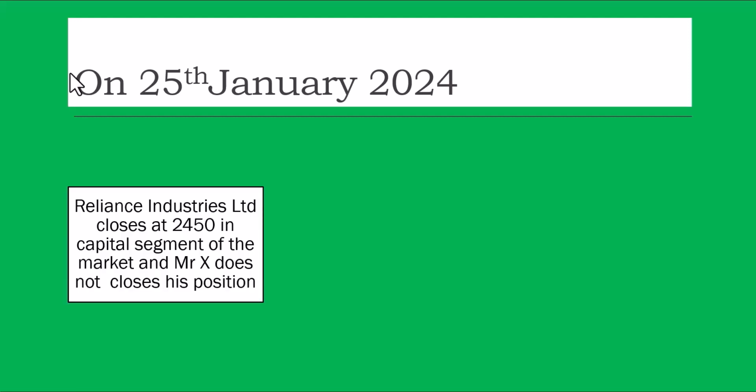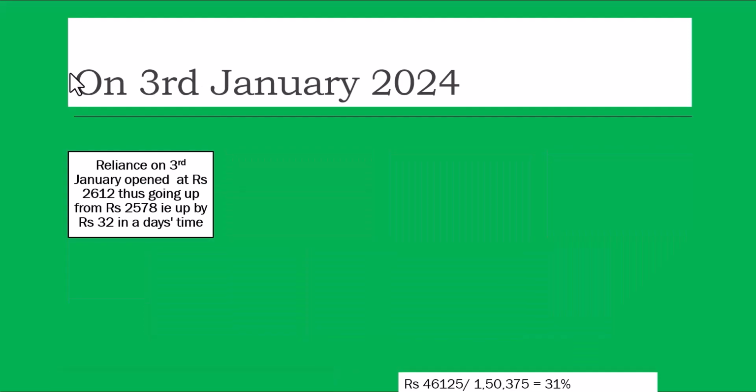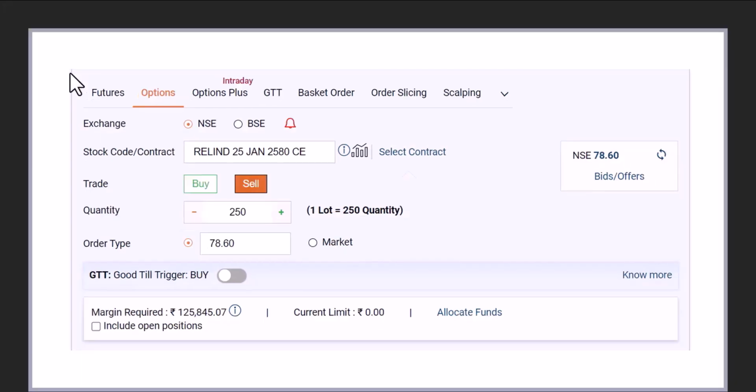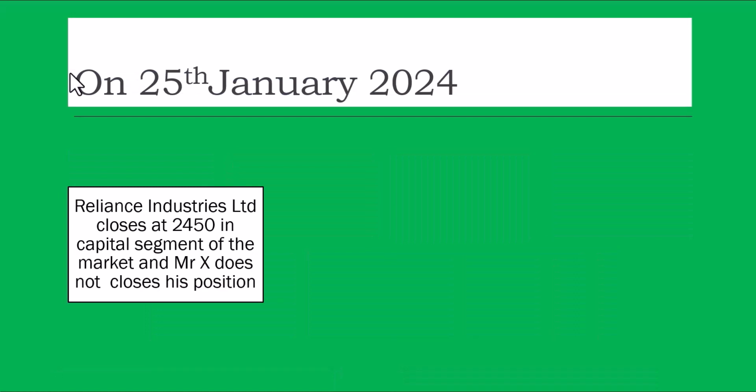So Reliance Industries closes on 25th of January 2024. The expiry was what? 25th January, I believe. Okay, let me just check. Expiry 25th. So it's expiry day only. Okay, let's go to the expiry day. Let's see. Reliance Industries closes at 2450 in the capital segment of the market, and X does not close his position. So what was the level of Reliance when he